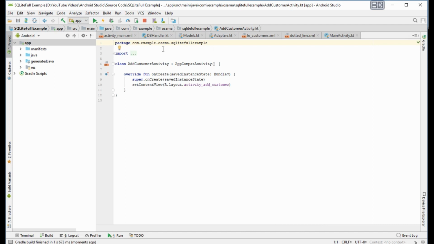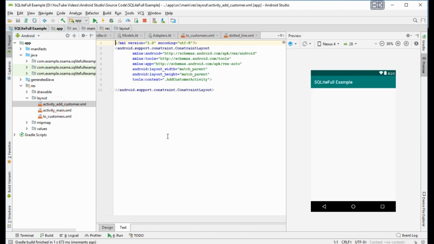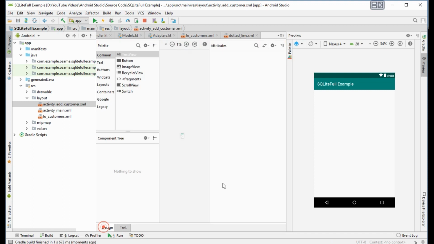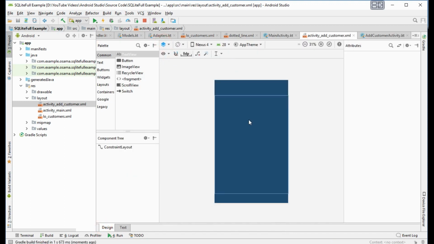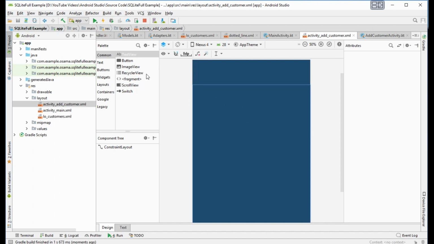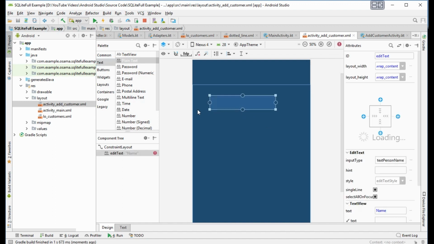Okay. Now we will design the view. Resources, layout, and add activity. Okay, we will add now an edit plain text here, and we will add also a number.